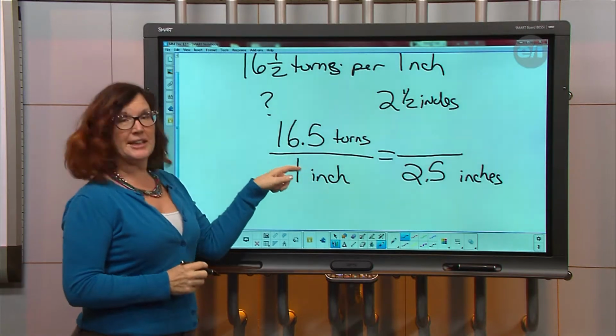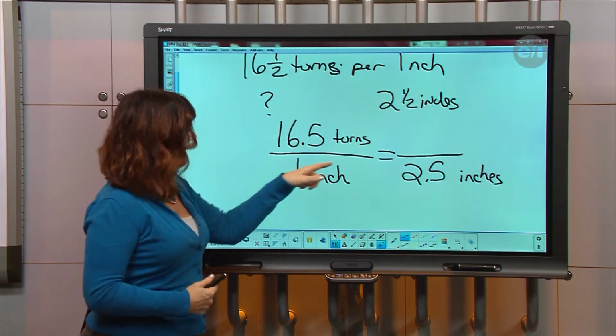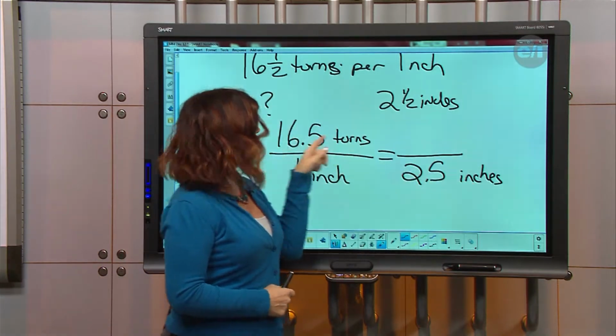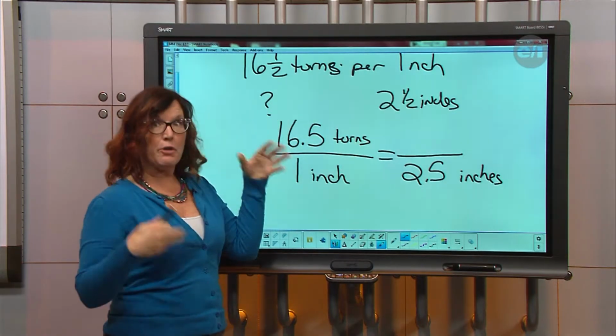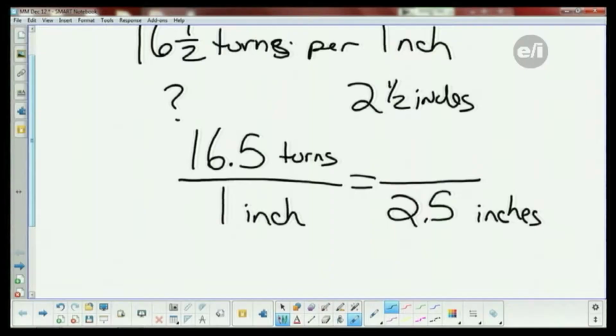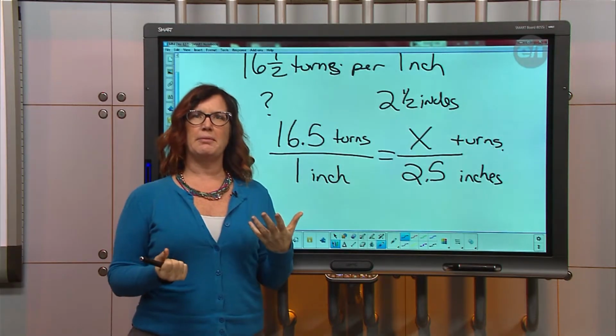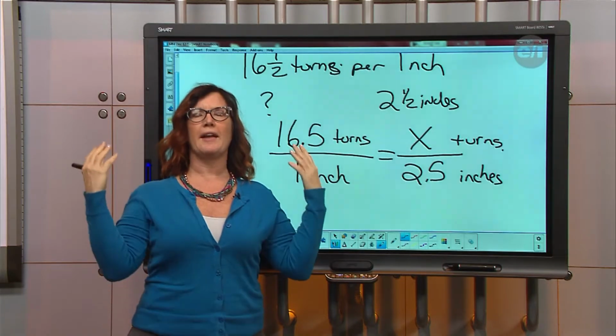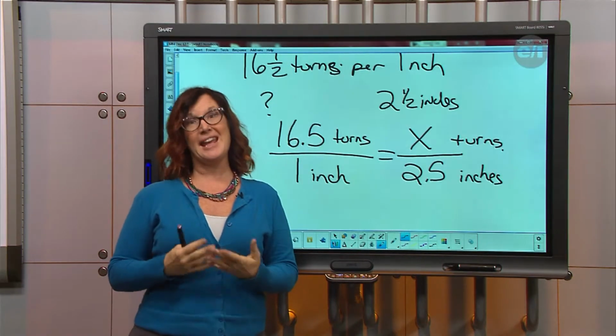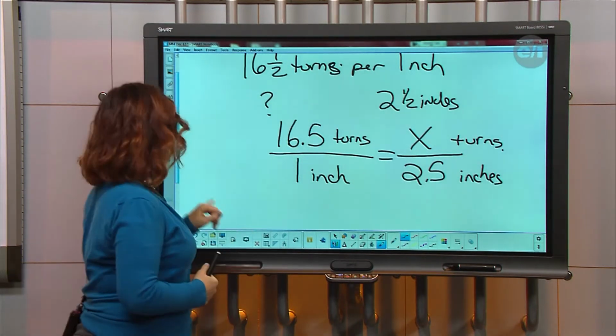Since I wrote the word inch here, and it's really important that you write these words, I have to write the word inch over here, which means up here is the how many turns. It's the part that I don't know. So I'm trying to figure out how many turns. There are definitely quicker, easier ways to do that, but they don't work for every single problem. This one, I know if I set up a proportion, will work every single time, and I understand what I'm doing as I'm working at it.